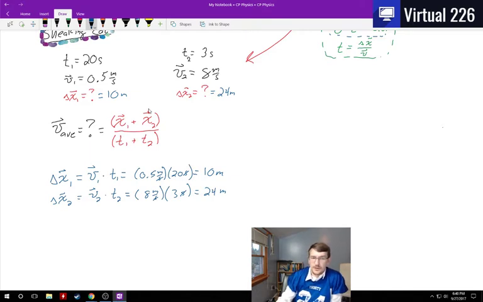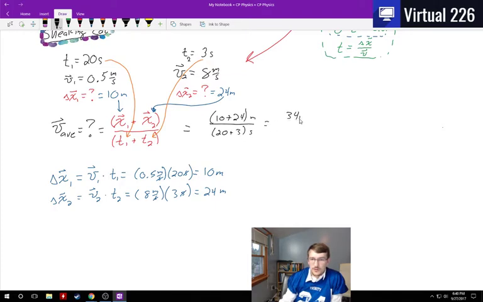Cool. I can plug 10 in there. I can plug 24 in there. I can plug 20 seconds there. I can plug 3 seconds there. So this will equal 10 plus 24, all in meters, divided by 20 plus 3 seconds. 34 meters divided by 23 seconds equals